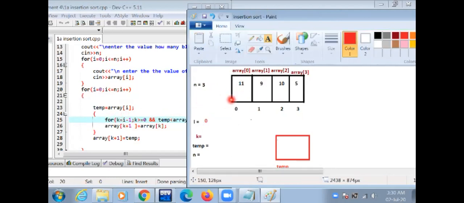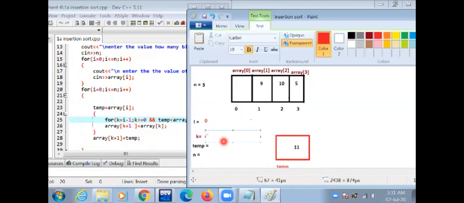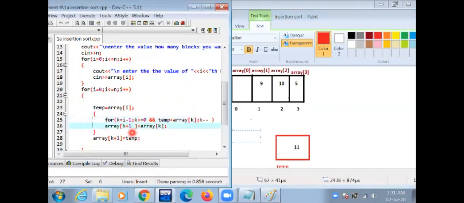Array i value is 0. 0 points to 11, and 11 is inserted in temp, and the value of k is -1 because the value of i is 0 and i minus 1 equals -1, so k is -1. The condition k greater than or equal to 0 is false, and then the loop is terminated.